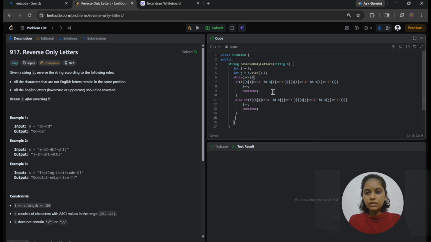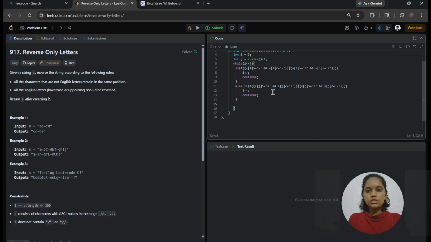Now if this condition is not true, then I am swapping both the characters, meaning I am finding the characters at both positions, so I have to swap the characters. So here I am taking a temp, which stores s of i. And after that, in s of i I am storing s of j, and in s of j I have to store s of i, which is stored in temp. Now after that I have to increment i, and